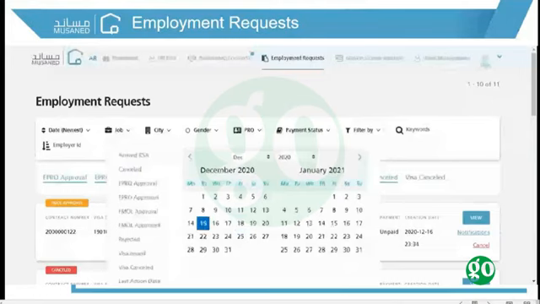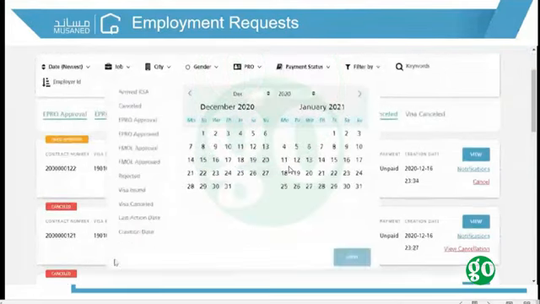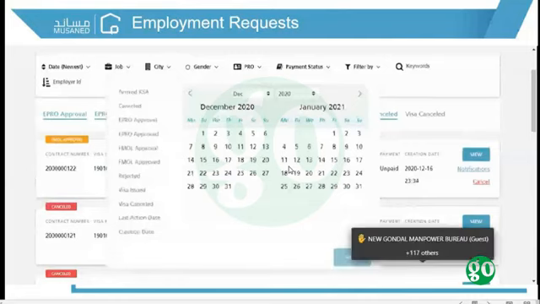In case PRO selects the creation date option, which is the last value from the drop-down list, then our system would display all the employment requests that were created during the entered date. In case PRO selects the last action date tab, then the system would display employment requests that ever had last action during the entered date.